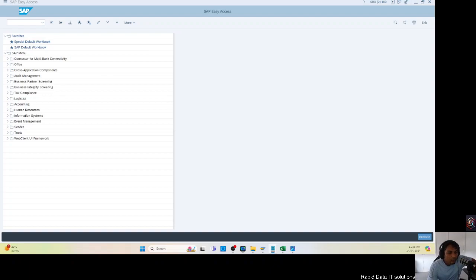Today we'll talk about the mass change process of data records in the SAP GUI. Subsequently, we'll record another such demonstration to show you how to do mass change using SAP Fiori as well. Now let's start. If we just go inside the SAP GUI, which we already have logged in, and we